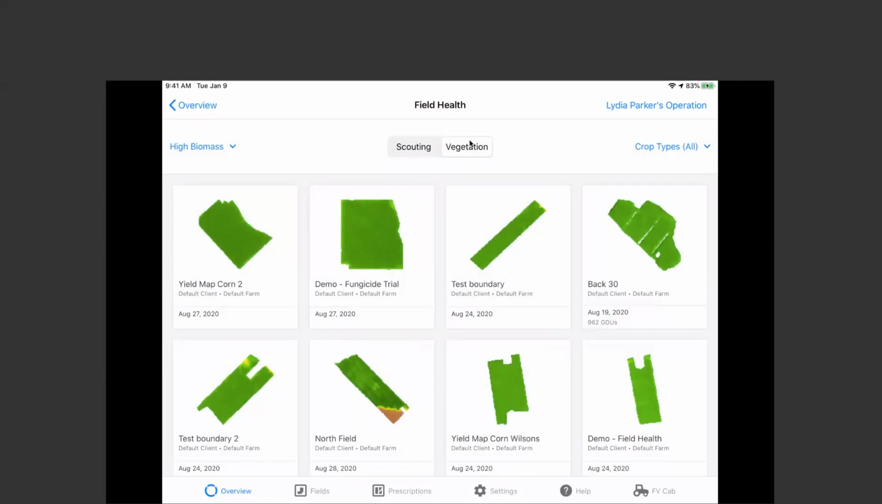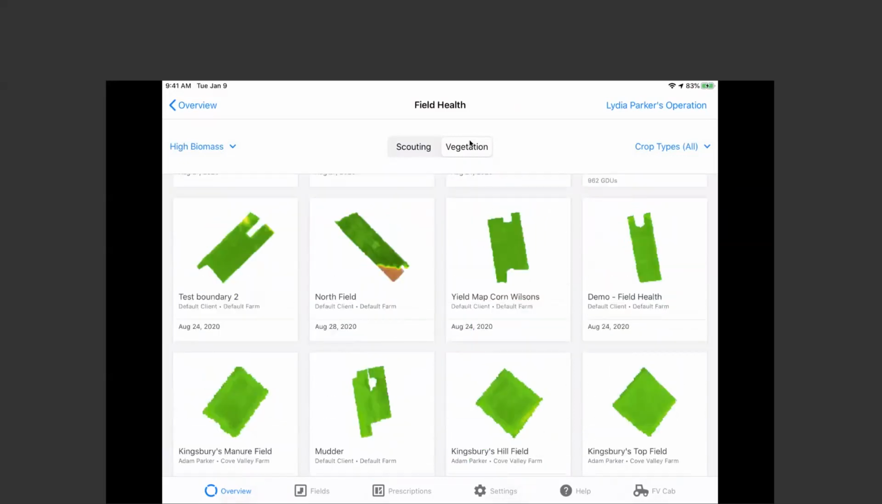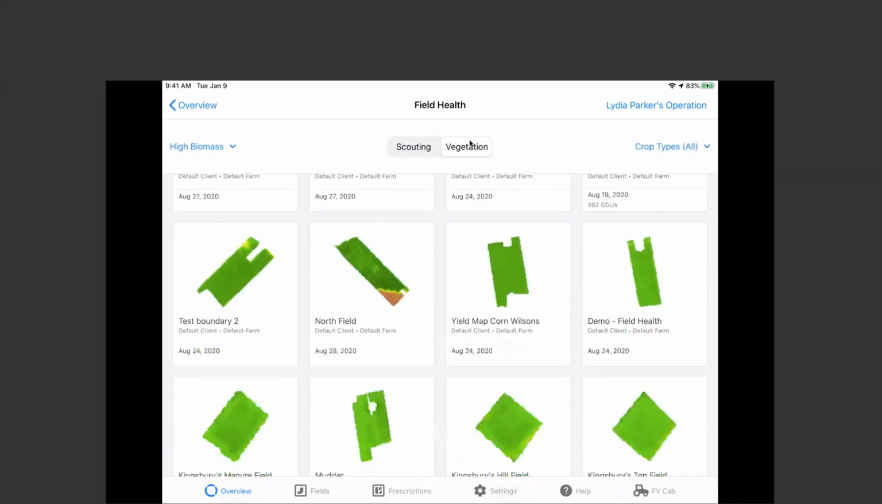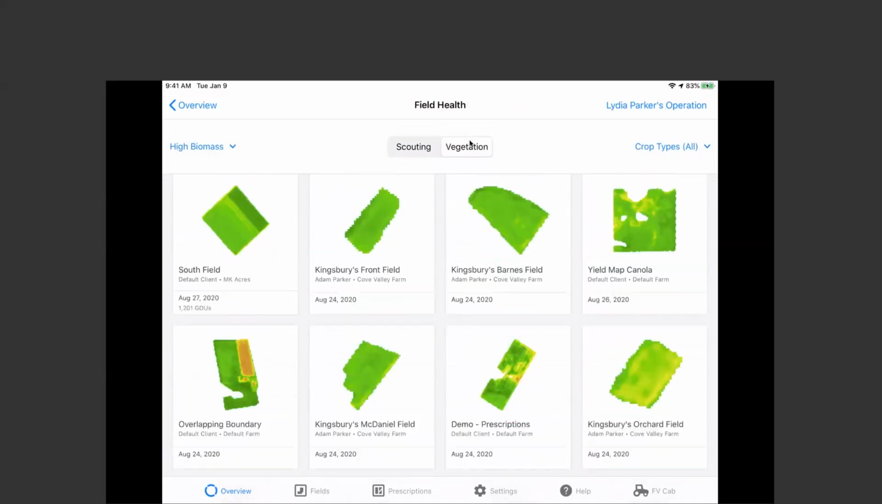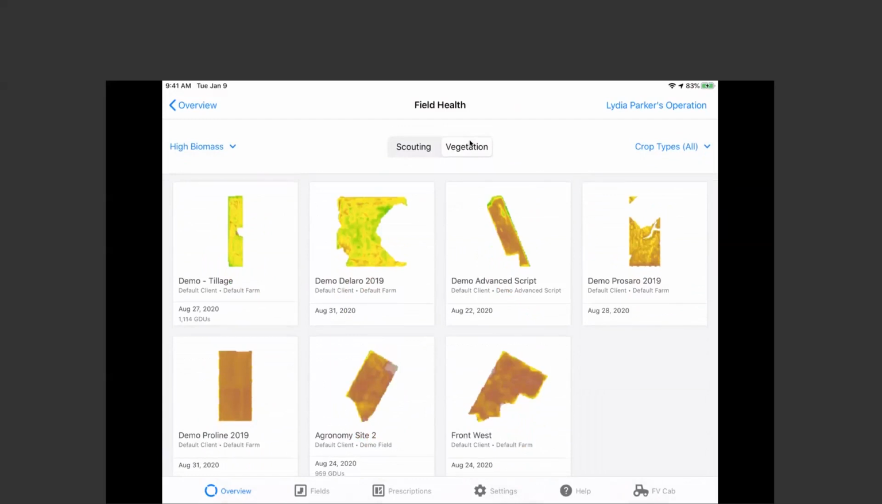And what I mean by that is if I scroll down in my screen, you'll see that the ones here at the very top are quite dark green. And then as I get towards the bottom, I start seeing fields that are a little more yellow, and then eventually some that are brown. And so if a field has no biomass in it, that means that your vegetation map will show up as